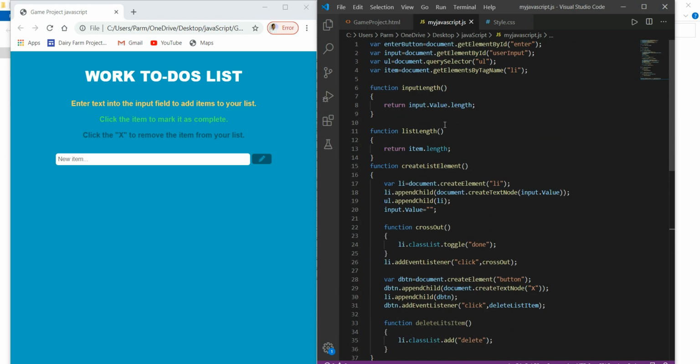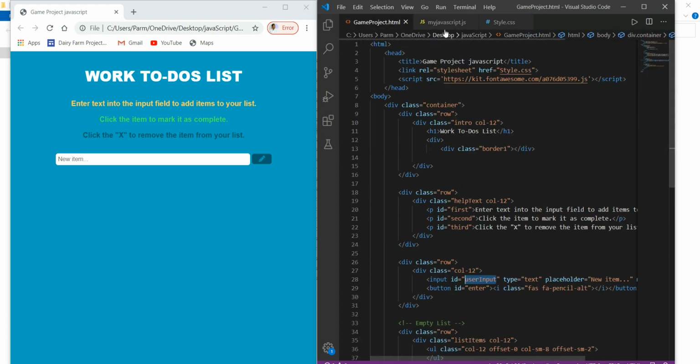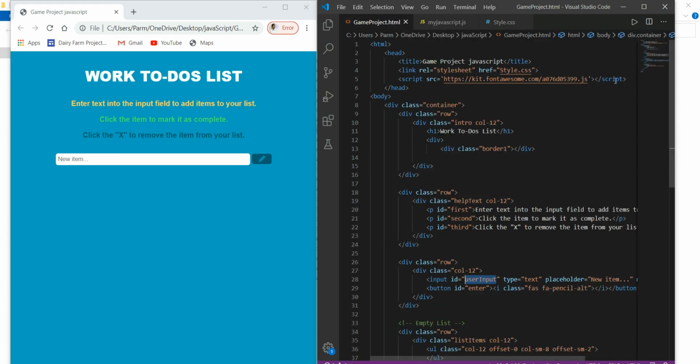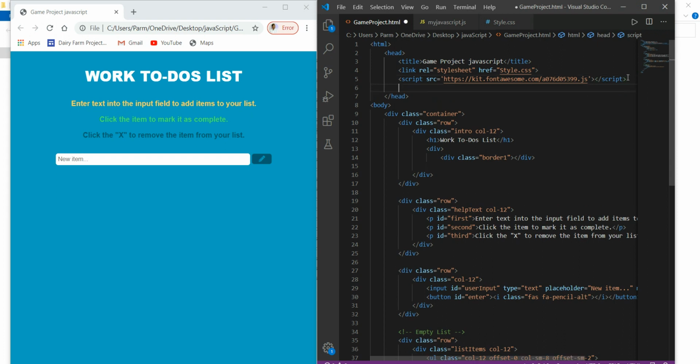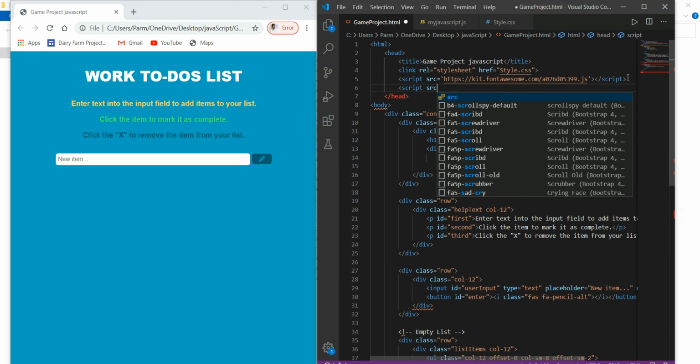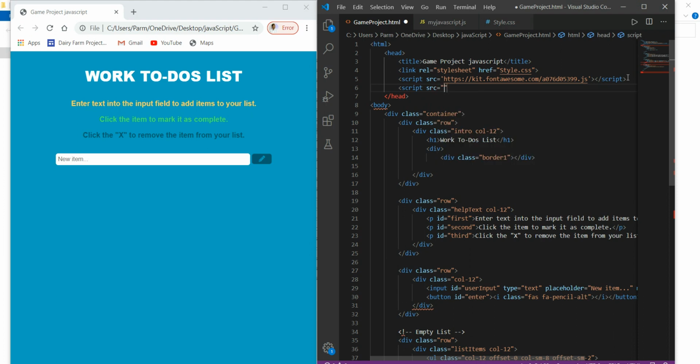Here we save this. Now we have to include this external JavaScript file within this. So here I write the code, script, then we give the source, and here in our case the source is my JavaScript dot js.